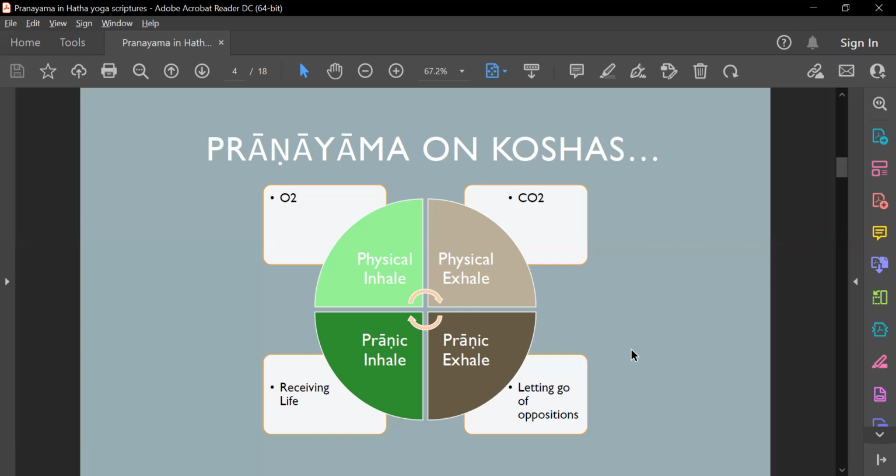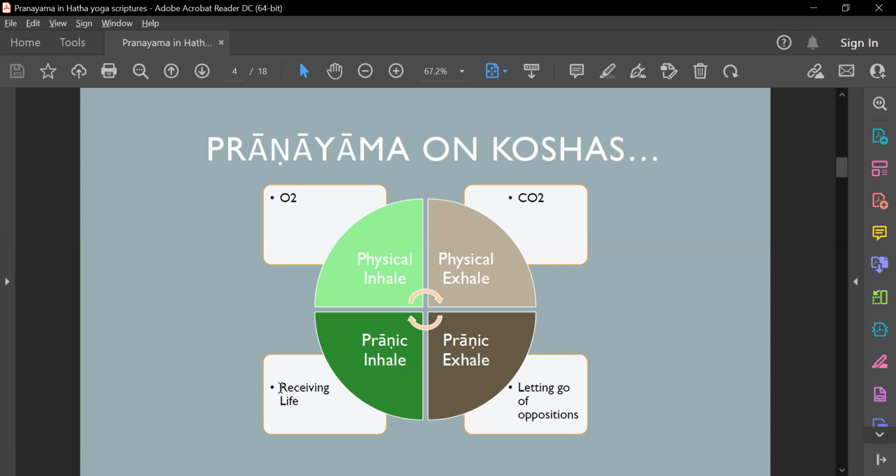So between the consciousness, there is matter and energy, and a lot of transactions happen which we cannot perceive together at once. But if we break it down to the pranic inhale and pranic exhale, what it essentially is